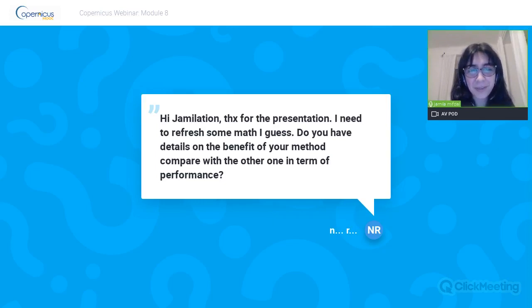Do you have details on the benefits of your method compared with the other ones in terms of performance? Each method is different. I just suggested a different method which is based on optimal transport for super resolution, and it's the first one as far as I know. But maybe one of the benefits of my method is that it's fast because I use the Sinkhorn algorithm.